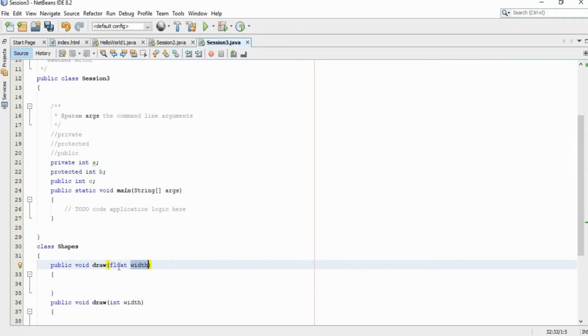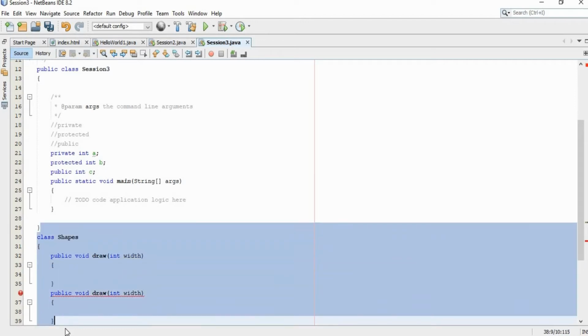In the first function the width argument is of type float, whereas in the second function the width argument is of type int. If I change the type of the width argument in the first function to int, it will result in an error. So I cannot overload a function with the same name as well as the same type and same number of arguments, right? In order to overload a function, the function name must be the same and the two functions should differ in type of argument or number of arguments, right?